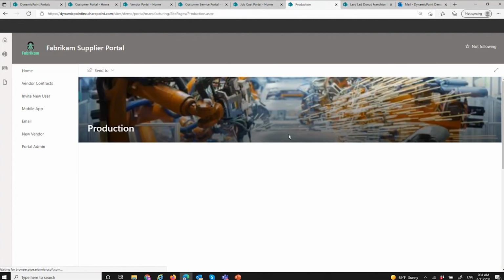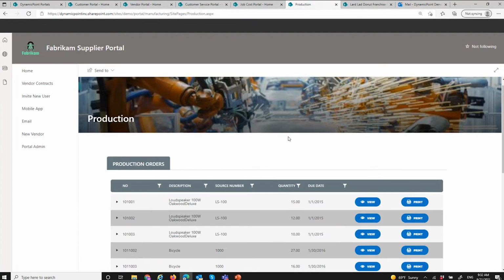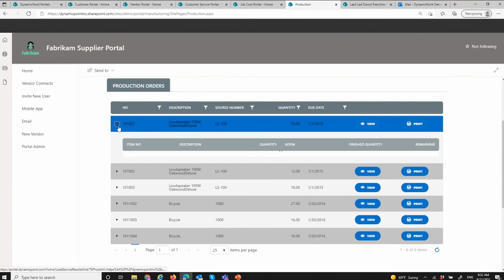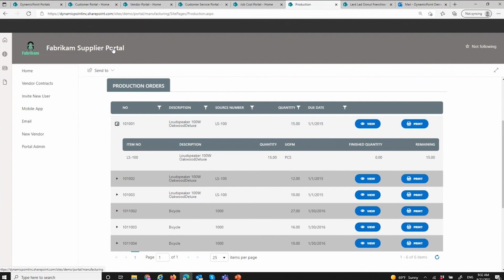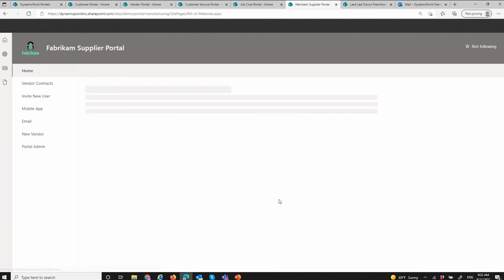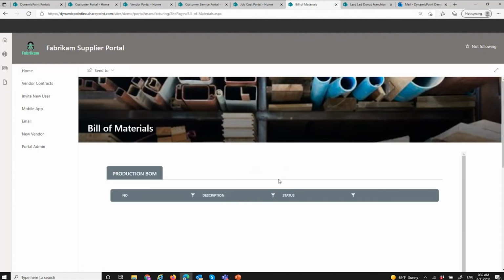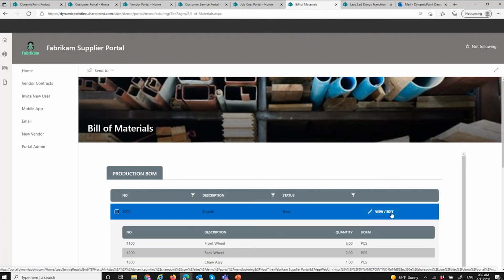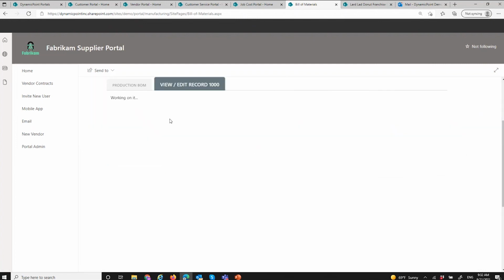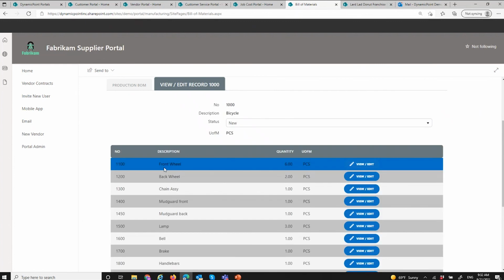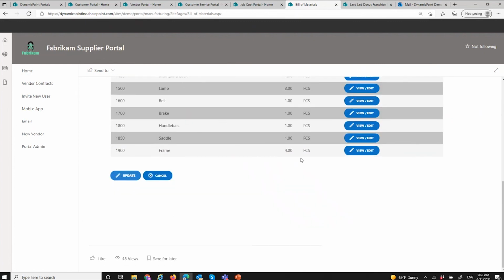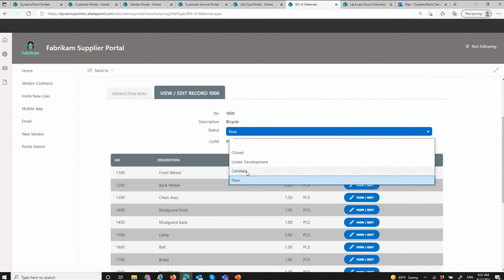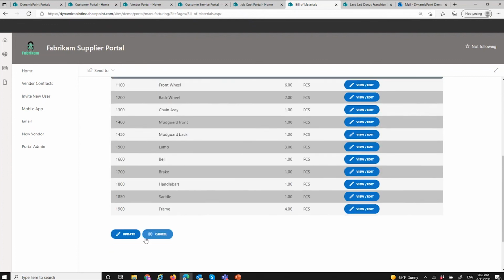Could look at production orders, the status of where that production order is, the due date, etc. Drill into this, look at the line items. If I'm communicating more with a third-party logistic company, maybe I want to share my bill of materials, or if there's certain components of the bill of materials that I want to involve their collaboration on, they could come in here and potentially even add items, right, or update the quantity associated to it, as well as the status of the bill of materials directly in the portal.